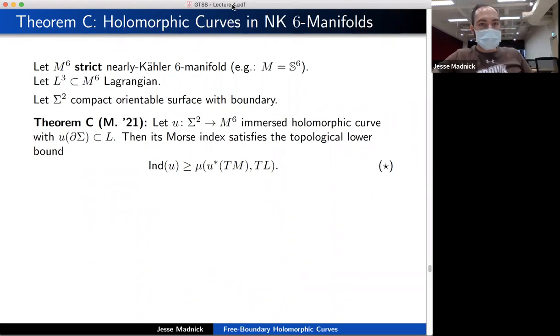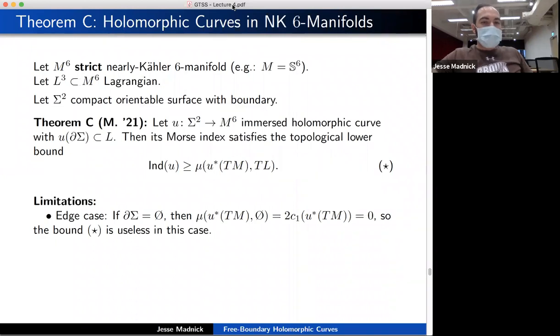The Morse index is at least this boundary Maslov index, or boundary Maslov class. This theorem has several limitations, and I think it's important to understand these limitations. So in the edge case, where the boundary is empty, you might hope that this would imply some sort of nice Morse index bound for closed